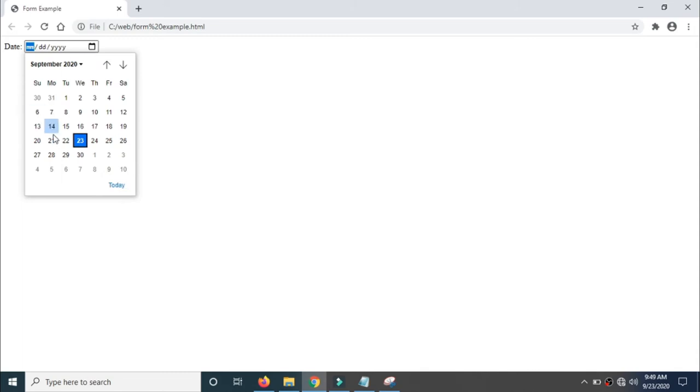You can see a calendar icon over here. That means it depends on which browser you're going to use. Just by clicking on this, you can get a calendar. From that you can select any date, so automatically it will come into the date box.